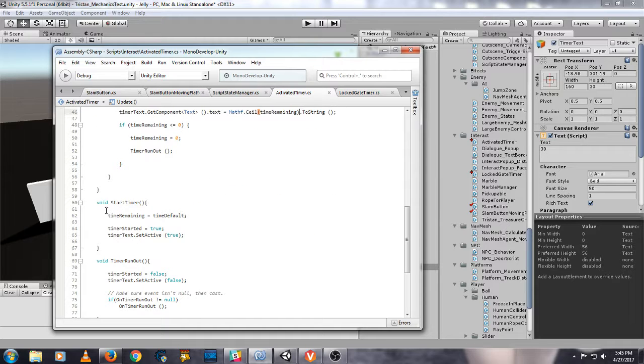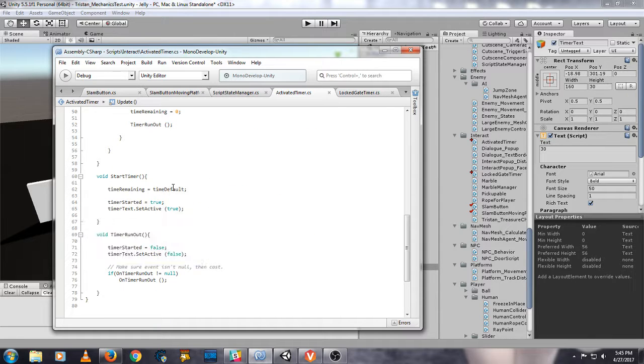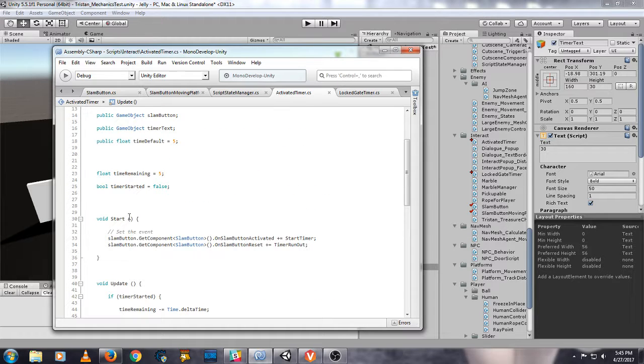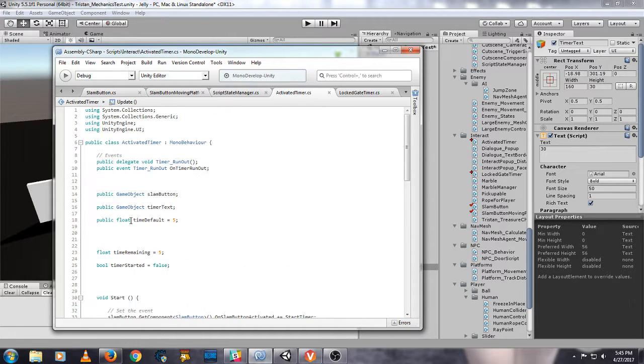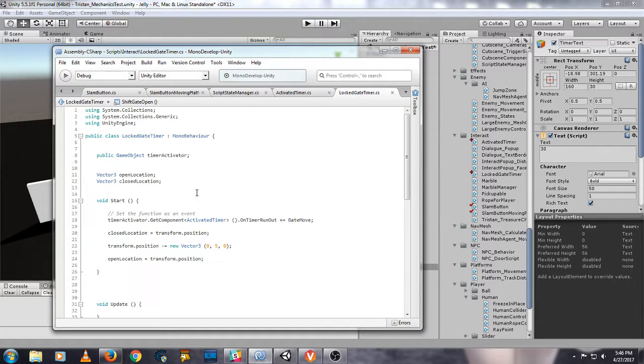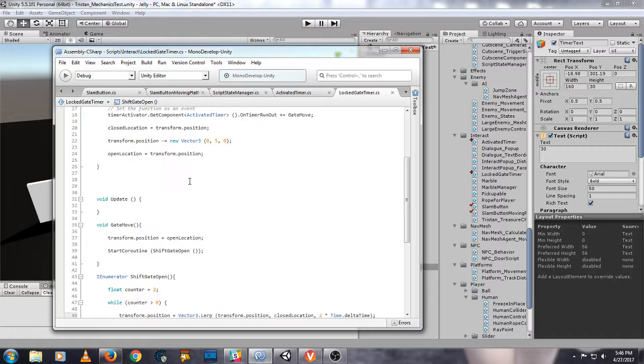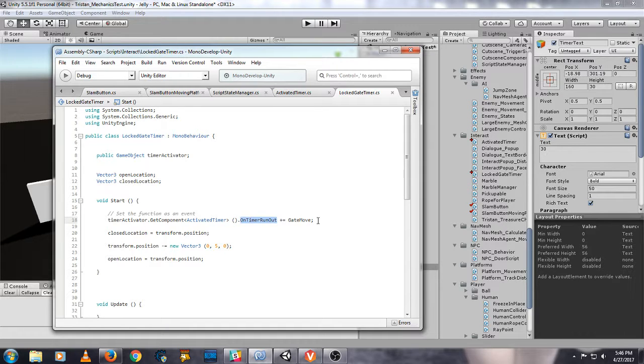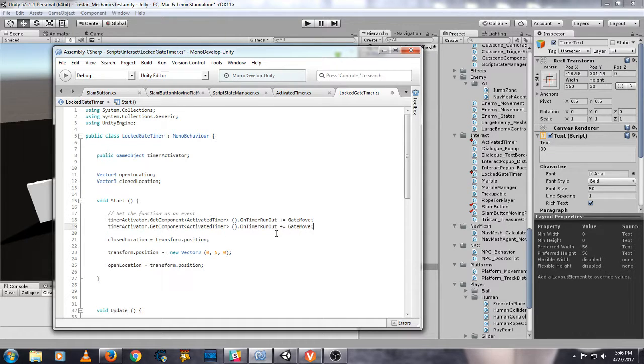Yeah, and it starts the timer. And it runs timer run out when, yeah. Alright, cool. So I'm going to do timer start as a new